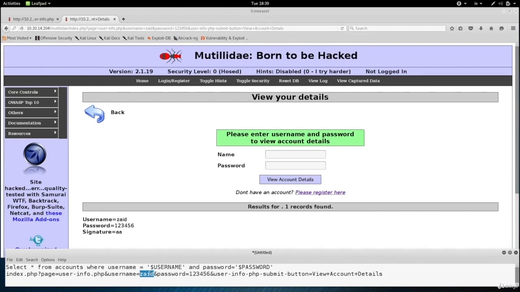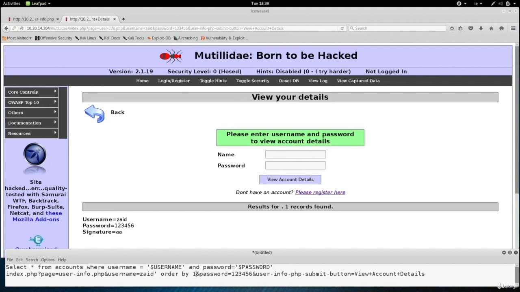We also saw a way of discovering the injection, using the quotation mark and using the AND. We do a false AND and a true AND, 1 is equal to 1, and then AND 1 is equal to 2. And if the server is executing what we want, then we know that there's an SQL injection. I'm going to show you another way of discovering these exploits, and it's using the order by. As the name suggests, the order by statement is used to order the results that we get on the screen based on a specific column. So our injection is going to be like this. I'm going to do order by